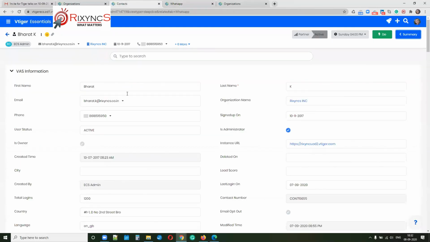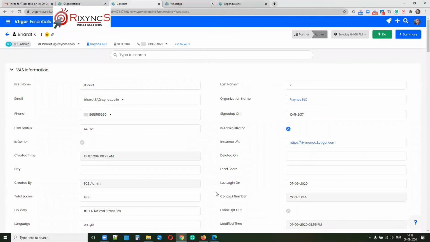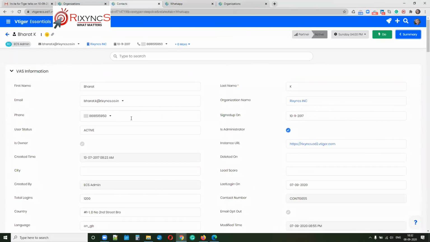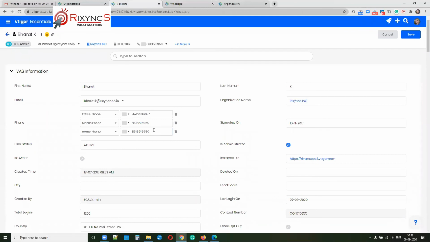Okay, I'm changing the number. Phone numbers are here, and the mobile phone number should be entered. Ravi, can you give me your number? 996666 3990.